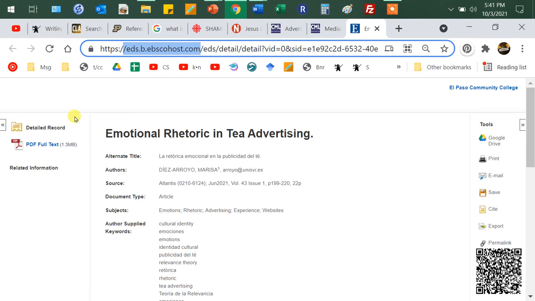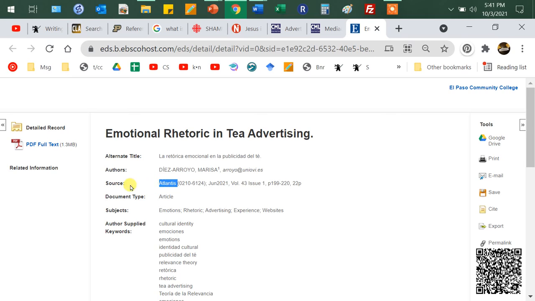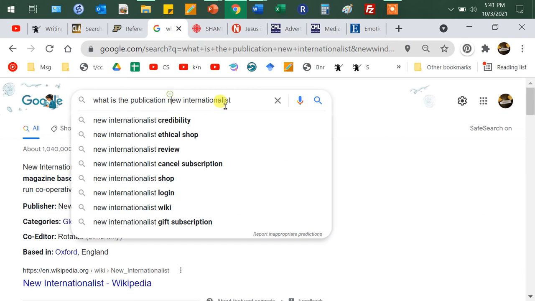Now, like I just searched for something to find, you know, as an example. So when I went and looked, I can click on the title in the search and it brings me to the record page here. Or you can click on PDF. I suggest you always go to the record page first because it always has some more stuff. And it shows you things like it says source. Wow, this is called Atlantis. And I can go and I can say, what kind of publication